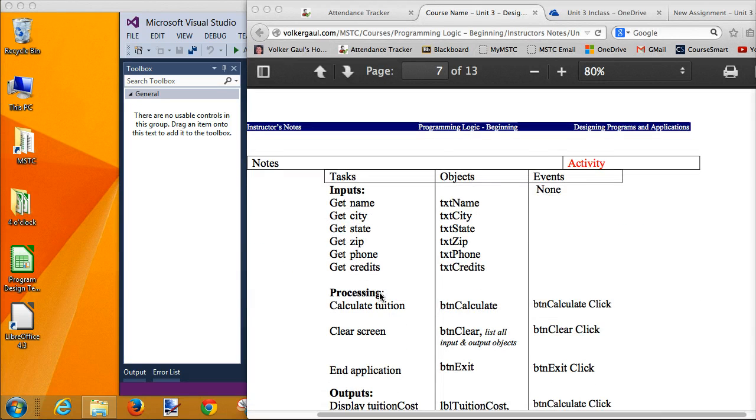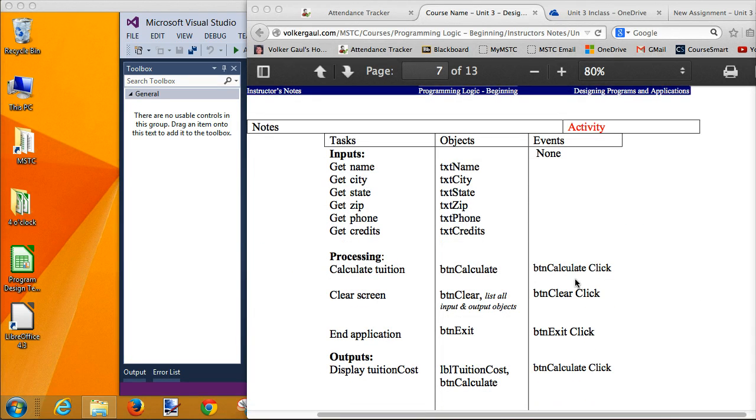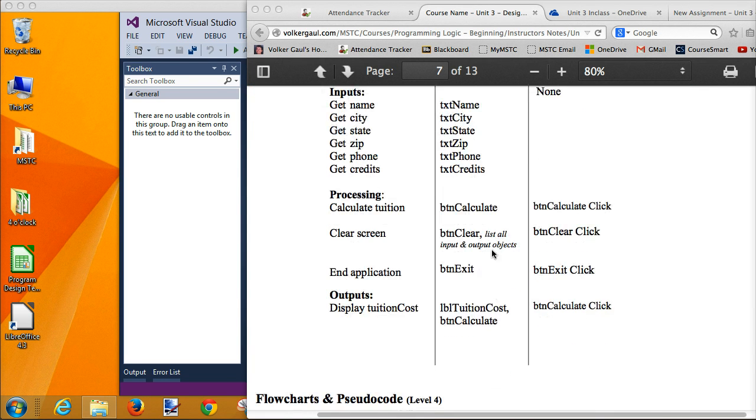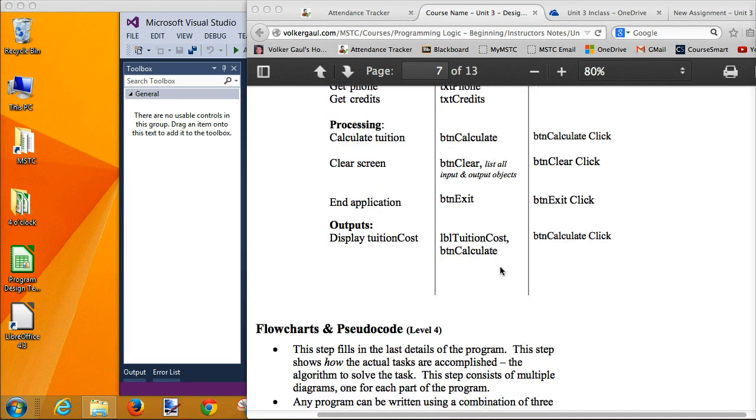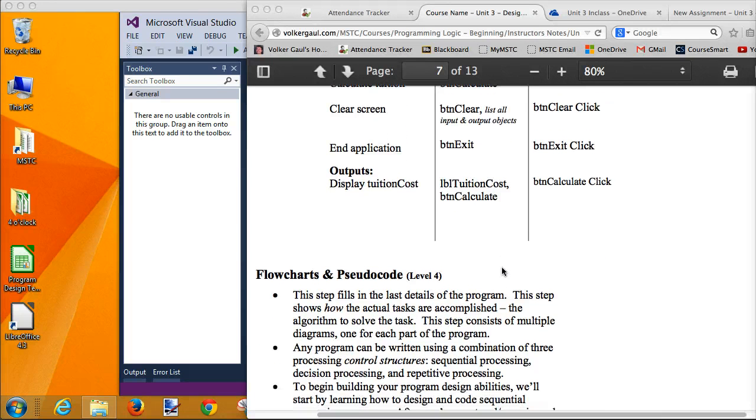Here's another example. Okay. None, none, none. Calculate. Clear, exit, calculate. Here it reminds you to list, I cheated in my notes, but here it reminds you to list all the inputs and all the outputs. One button clear. So there's another example you can look at. There's lots of these examples. We've done 3. There's another one in my notes. Should help you build yours for